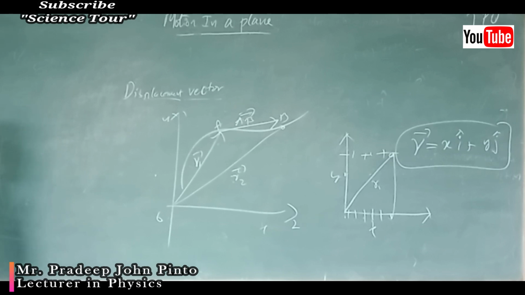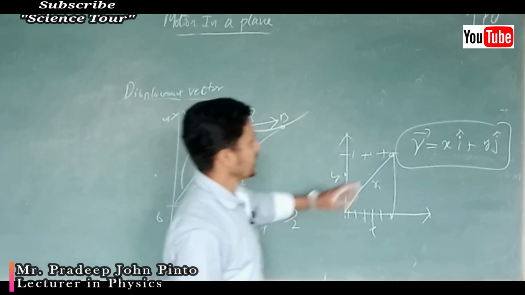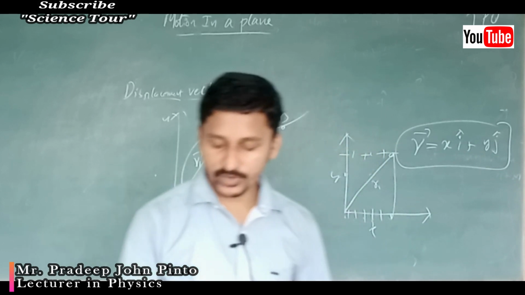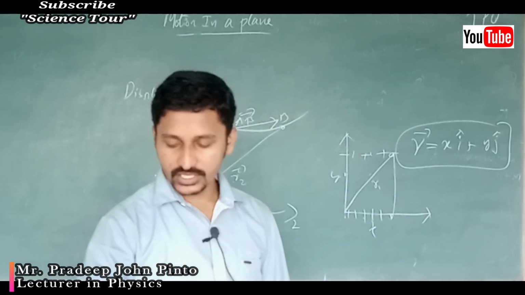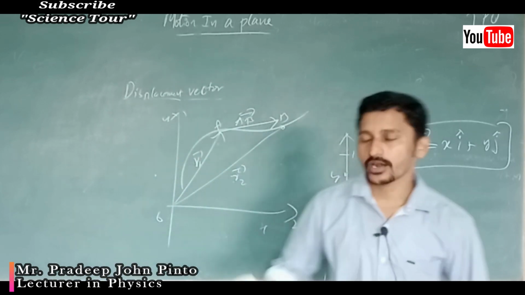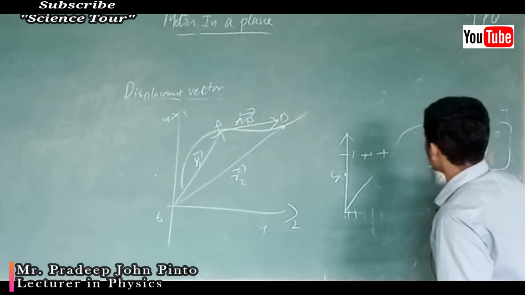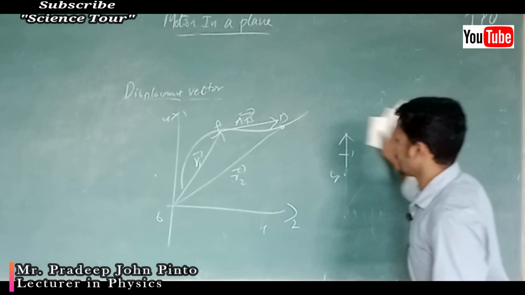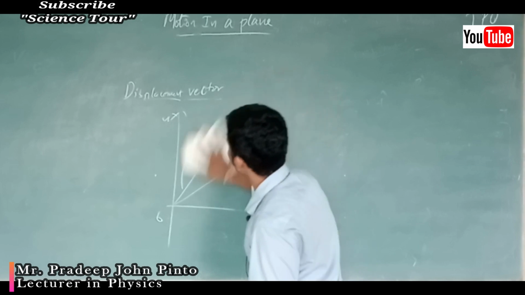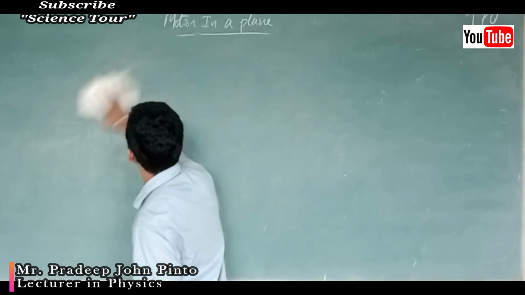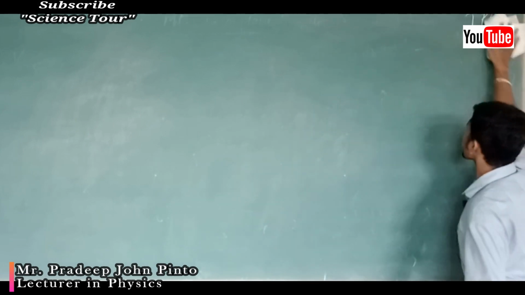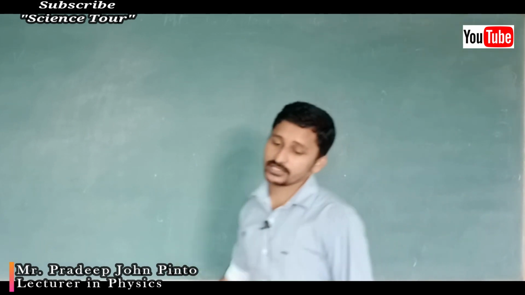So position vector, how can you write it? X and Y are included. Those are called components, that we will come to in the next videos of ours: how to write components and all. So this again we have to discuss in our next video. As of now, just go through the topics we have concluded in this video, that is, types of vectors and other things.